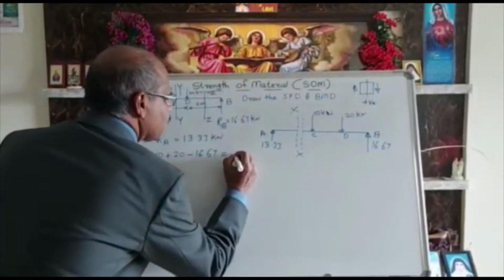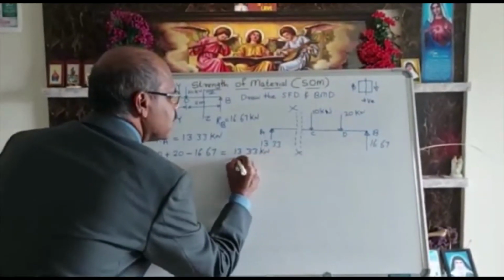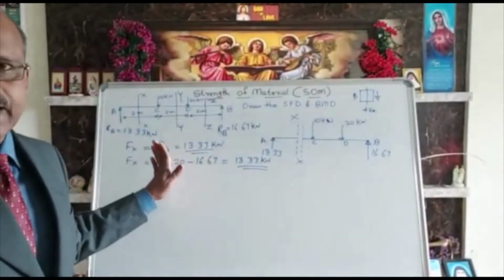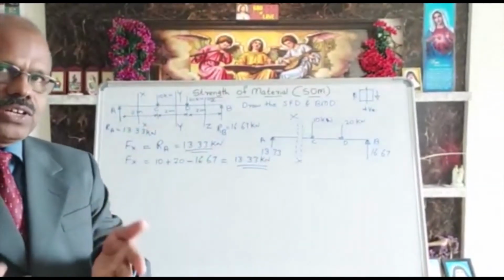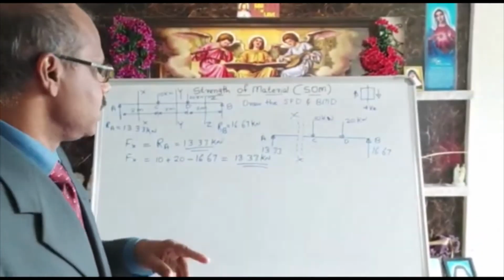So in effect we are going to get 13.33 kilonewton as the answer. Here, in both cases, it is right. It means that whether you go the right way or the left way, the answer will be right. Now let us calculate